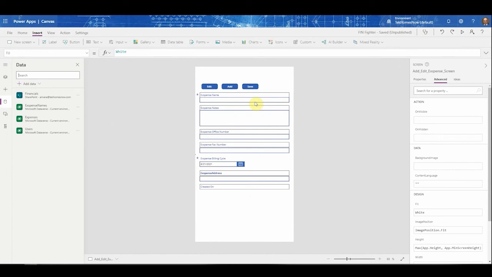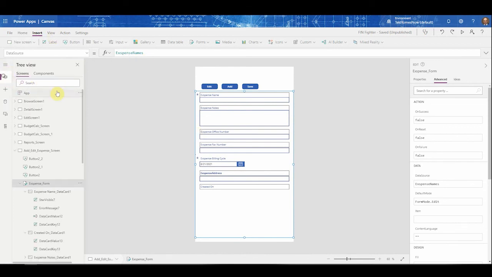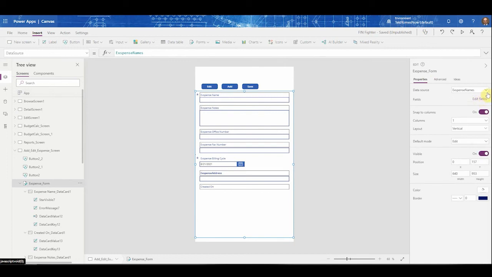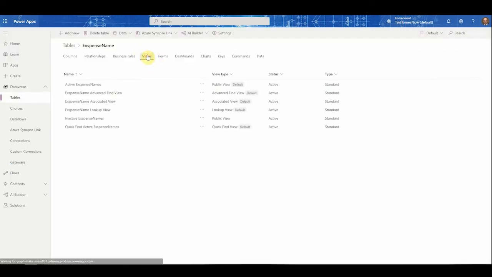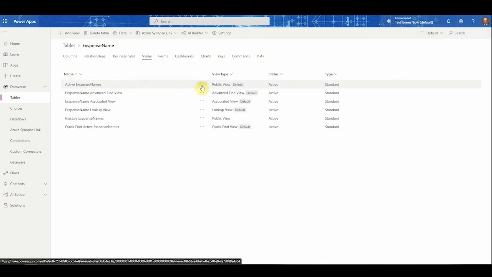So, if you're going to recreate these forms, here's one of the caveats. If you're going to recreate these forms a lot and there's certain fields that you're trying to see, when you go to add a new form and you go to select data source right here, what you can do is you can select views and you can create a custom view. And you'll see here, this is a view, and right now it's only showing 2 columns. I can go here, say I want to change this view,